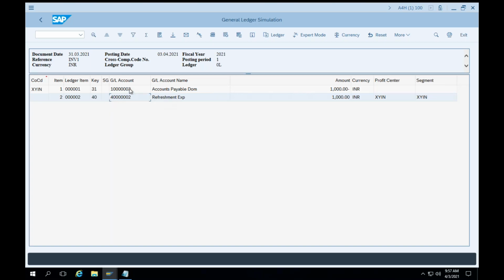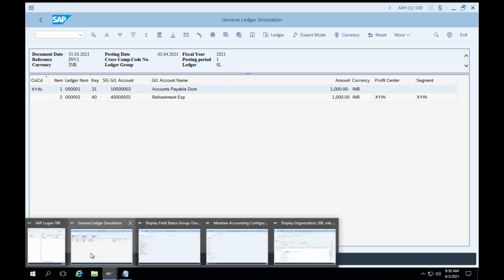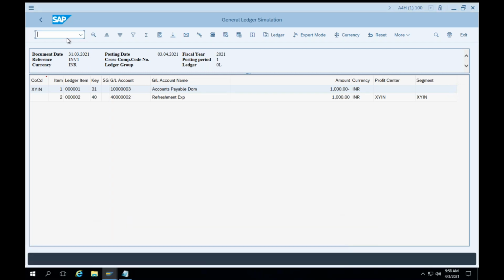One more thing, can I directly post in this GL similar to this GL? Currently, I'm able to debit this GL. Can I directly credit or debit this GL? No. It is not possible. Why? Because it is a reconciliation account. Let me show you. If I go to transaction FB50, which I normally use for GL posting,